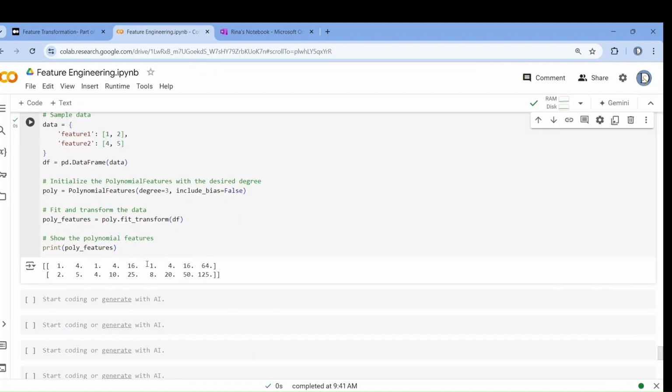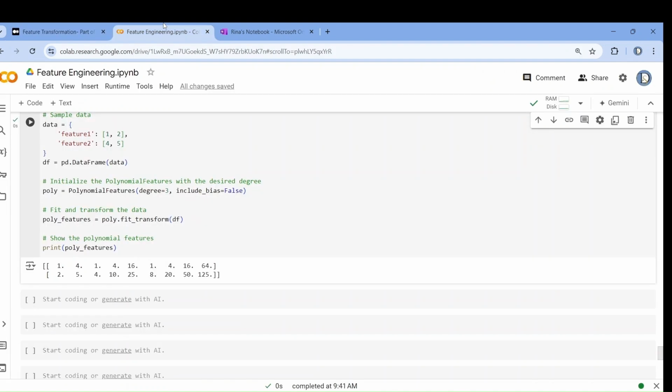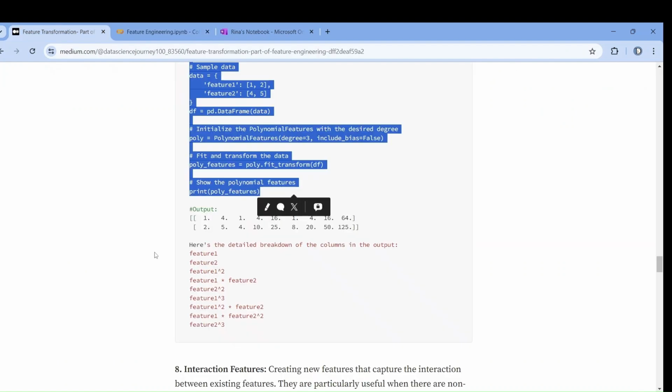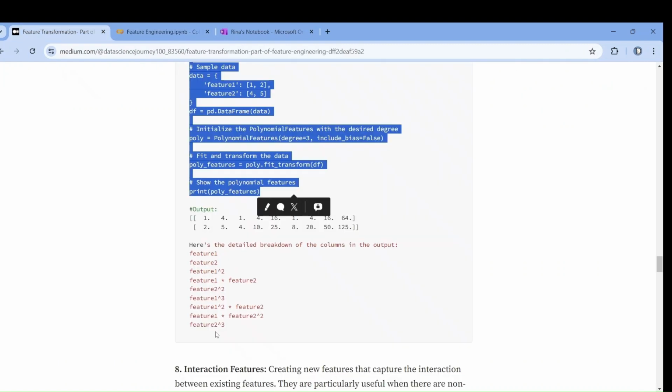So 1 cube, 1; 2 to the power cube, 8. Fine. Next, feature 1 square into feature 2. Feature 1 square means this one, 1 and 4, into 2. So 1, 4 into 2, 8. Fine. Now again see, feature 1 into feature 2 to the power square. So what is feature 2 to the power square? 16 and 25. So you have to multiply 1 into 16, 2 into 25. So you can see 16, 50. Okay. And again, last one,